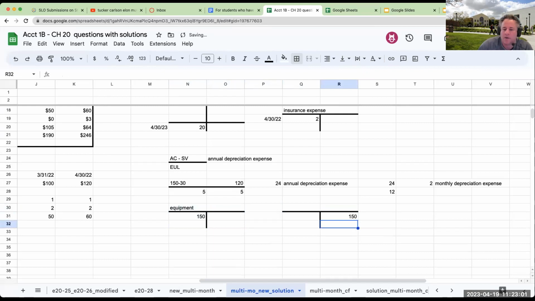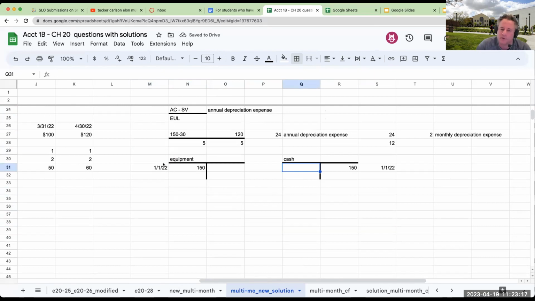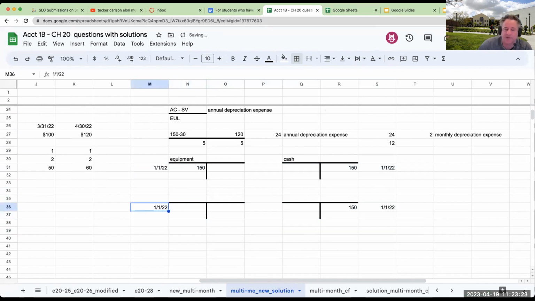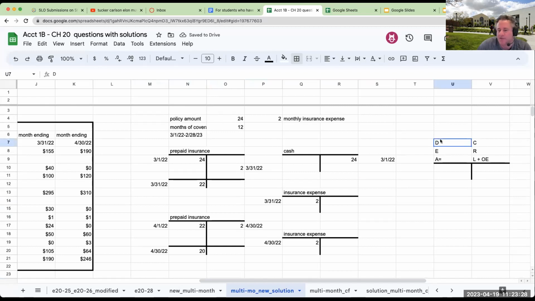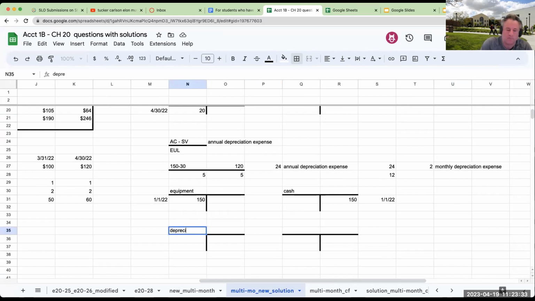So over here, this would be 1/1/22, and wow, Bennett, I am stuck in 2023. Okay. So right over here, and this is going to be cash. Now, when it comes to going through and basically recording depreciation expense, how do I do it? Well, the way I record depreciation expense is I'm going to debit the expense, which is going to be depreciation. And then I'm going to credit the contra asset account, which is going to be accumulated